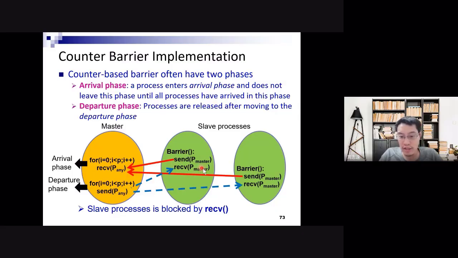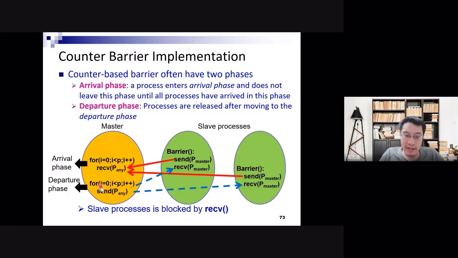So you will wait until he receives, then continue the rest of his computations. Okay. So this is a very easy implementation, right? However, it's not very efficient because, first of all, obviously the master will become the performance bottleneck. It has some scalability issue because the master has to communicate with all the slave processes at the same time. Okay? Secondly,